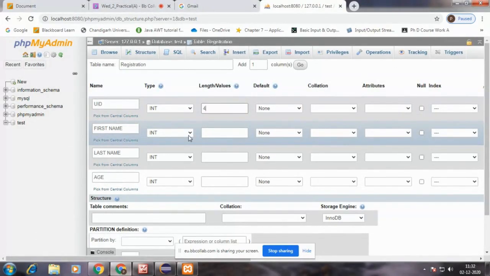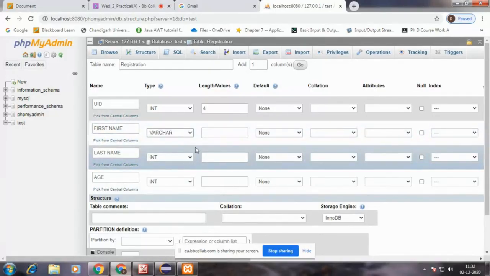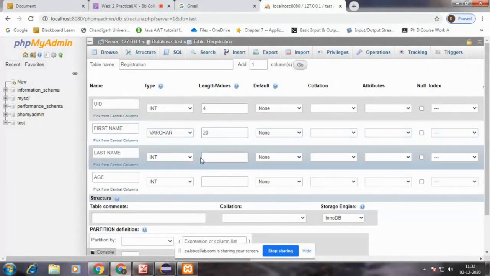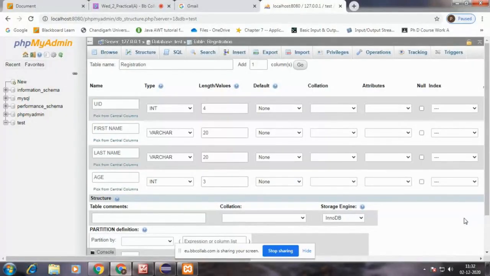And here we have first name. In this you can use varchar, or even any other character type. I simply use varchar, and I use the length as 20. You can fix any length. And age, of course, is an integer value only, so its limit is 3. So this is how we have created that database. Because as we are inserting the values in this database, it requires the database name, that is